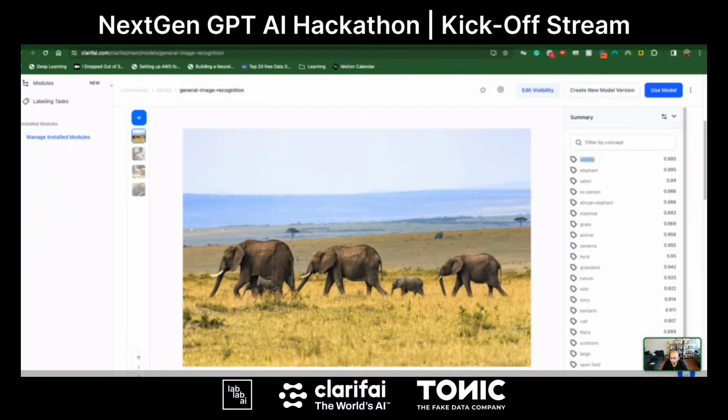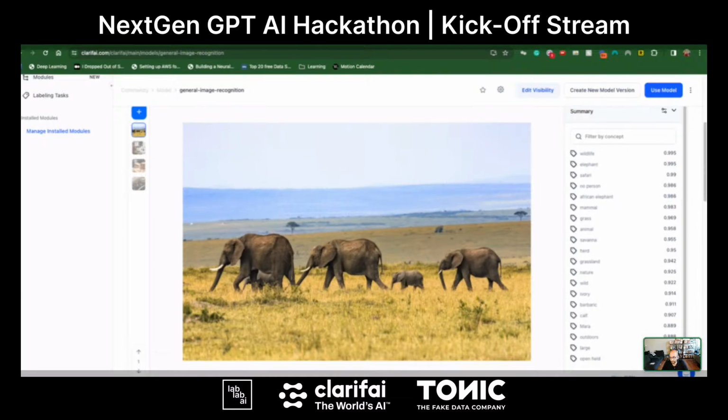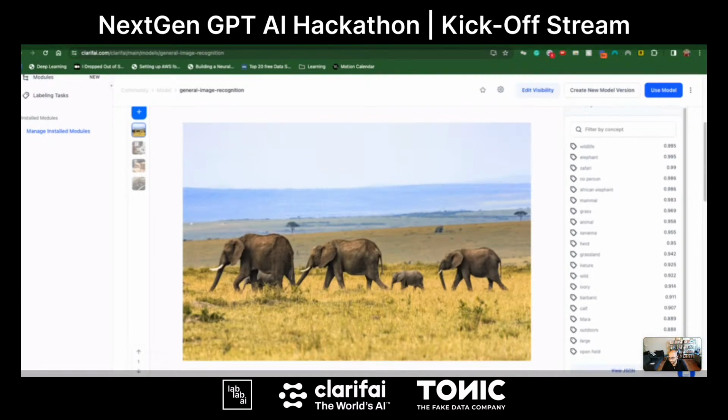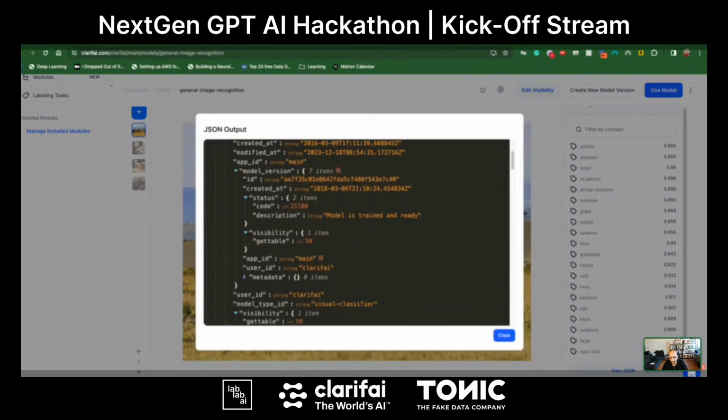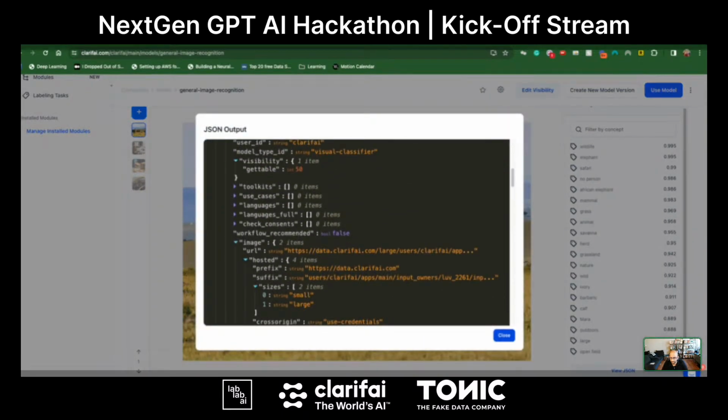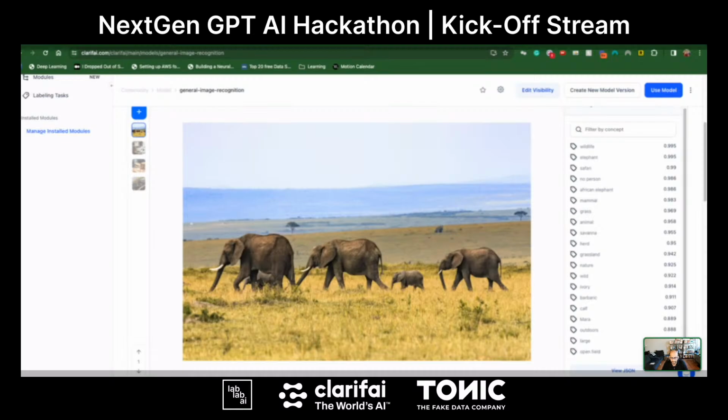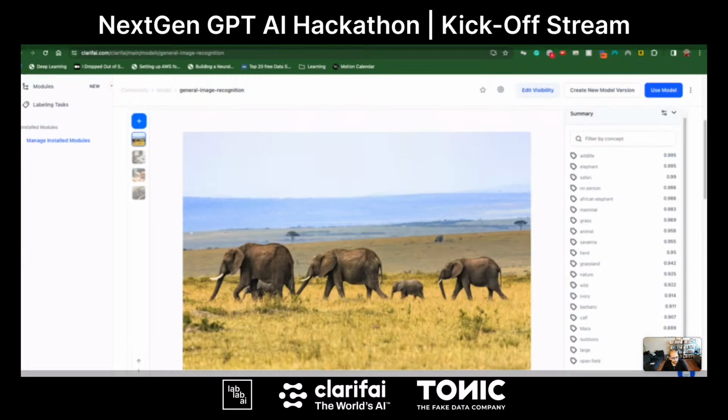It's putting out tags on the right-hand side: wildlife, elephant, and so on, with confidence values. The model is 99% confident that this is wildlife, sorted in descending order. This is returned in a JSON object. Anytime you hit the API, you will be returned a JSON object.